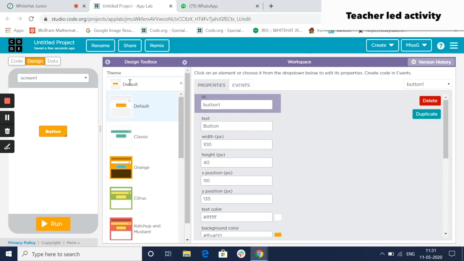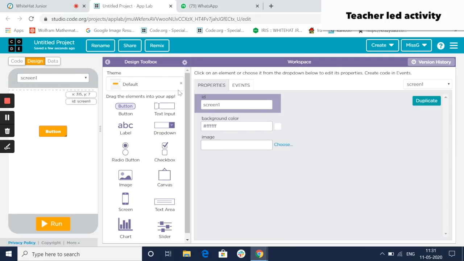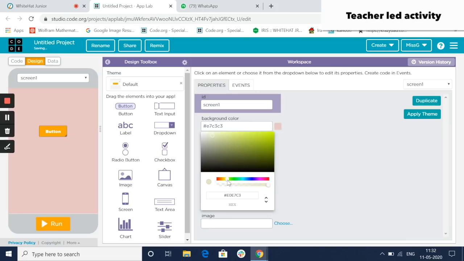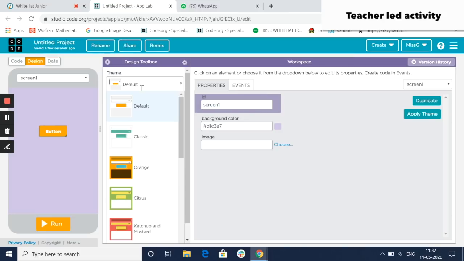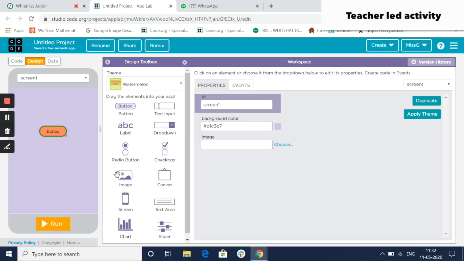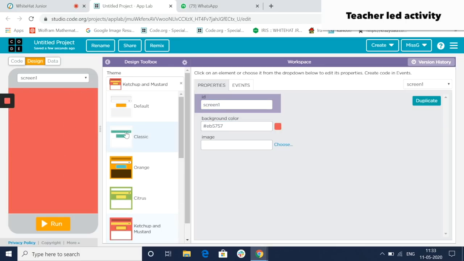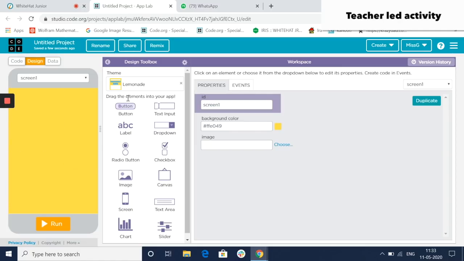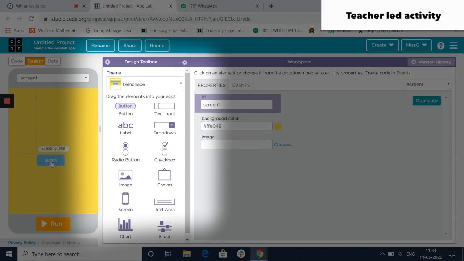Now you can apply a theme to the screen. So in properties, you can either go and change the background color to anything of your choice. If you want a shade of green, shade of blue, emerald, or alternately, you can choose any of the predefined themes. So I think I'll go with watermelon. Looking very interesting. Okay. And since I put a color here, I'm going to remove it. So this is my screen with a theme applied. So should we go with citrus? What do you like? Is there any preference? Lemonade? Nice and bright.